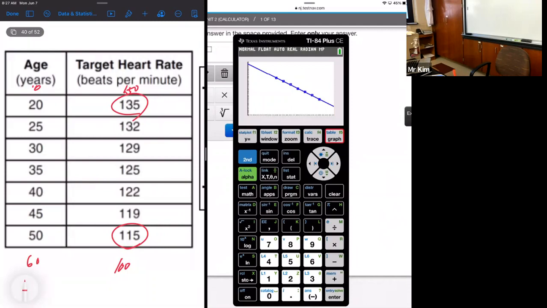Calculate. It measures these R values for you. If you don't have the diagnostic on, it's very close to the one right now. So that's our negative one. That shows you a very strong negative one. That's a lot of steps, I know, but you gotta practice that. I'll just write it down on the back of my calculator. Just keep on practicing with this. How are you doing so far?